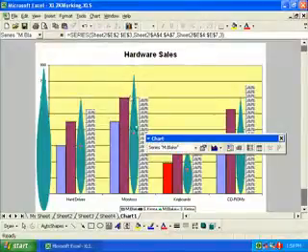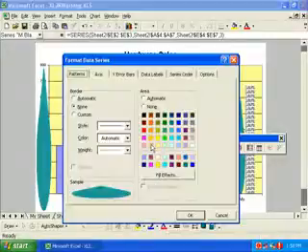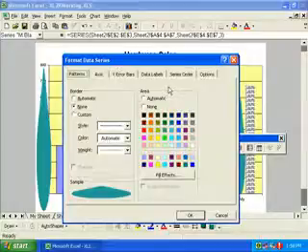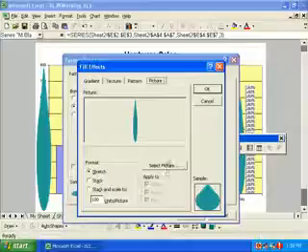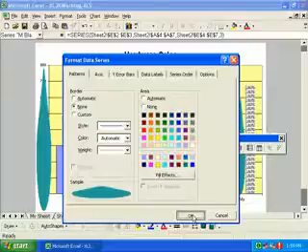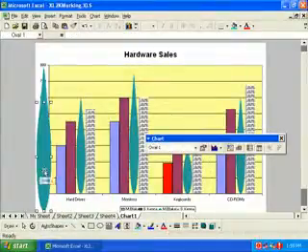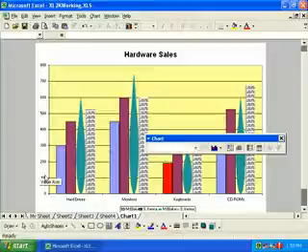Now right click on the data marker, and in the format data series we want the patterns tab, and click the fill effects button, and on the picture tab let's click the stretch radio button. Well, it's already selected, so let's just click OK and OK, and now we want to select that original one that we made and hit the delete key,